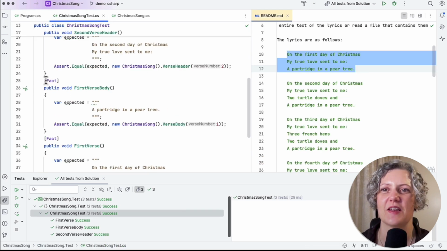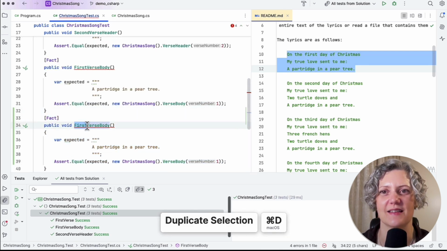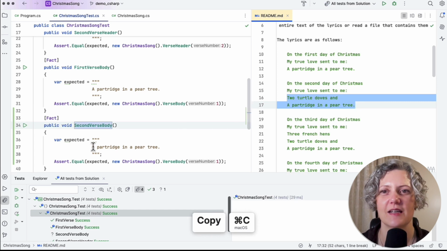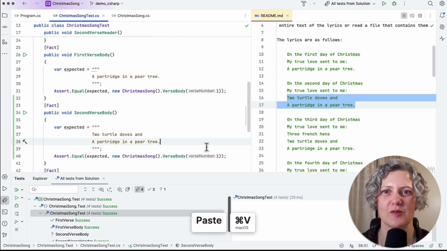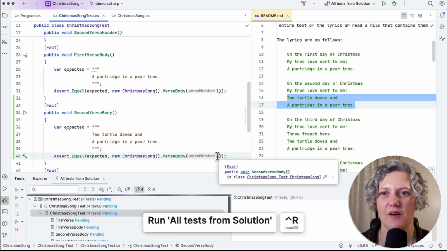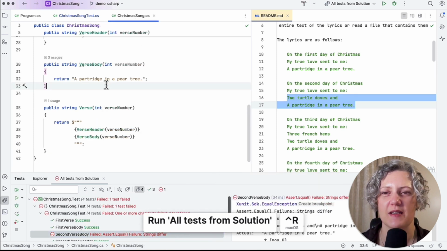Okay, but let's turn our attention now to the harder problem of how do we get the second verse body, which is the next simplest. It's just 2 lines, and we add 2 turtle doves to our partridge in a pear tree. Okay, so here I should have a failing test. Yep, there we go. And if I go and look at the implementation,